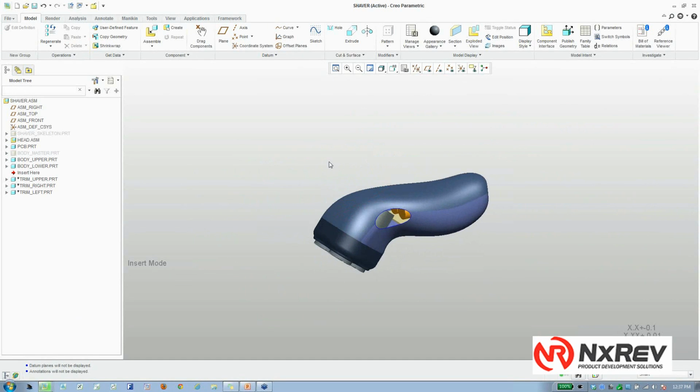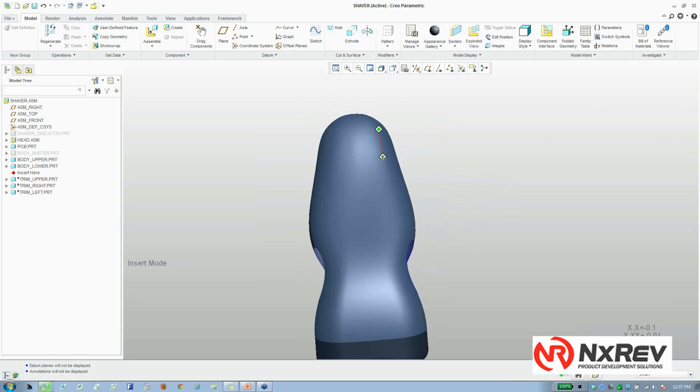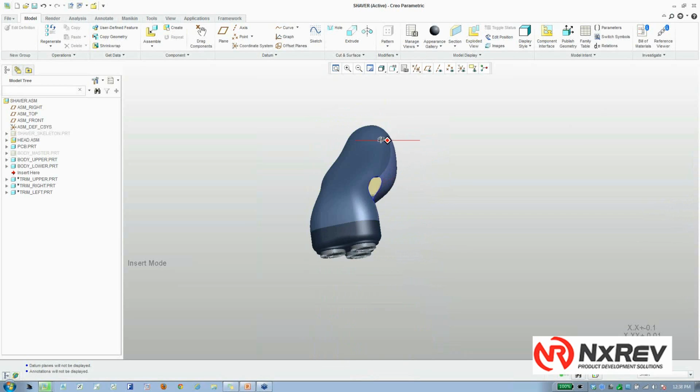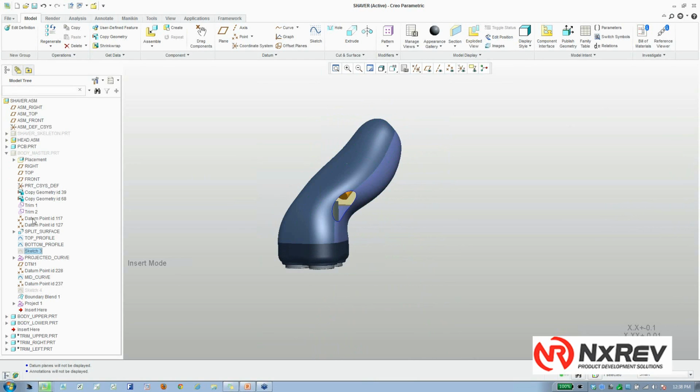Now let's say this is inevitable that changes come along, and this is really where the power starts to show itself. Let's say that you have a design review and it's decided that you need to change the back portion of this. You need to make the dip here a little more drastic in this location. Now, the last thing you're going to do is come into each one of these parts individually and make those changes. What you're going to do is go into the master model,